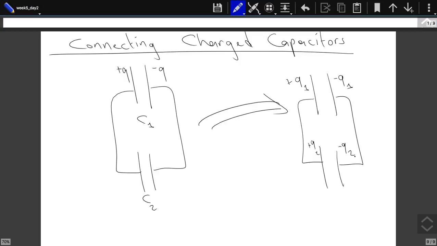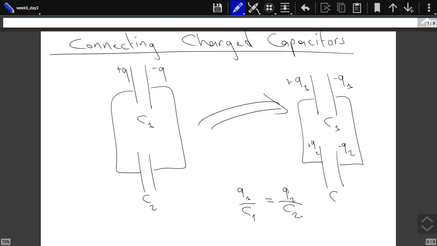And every point on this plate, on this wire, and on this plate should also be at the same potential. So the potential difference across this capacitor, which is Q1 over C1,